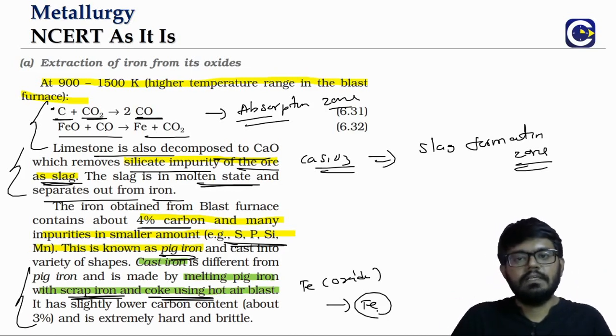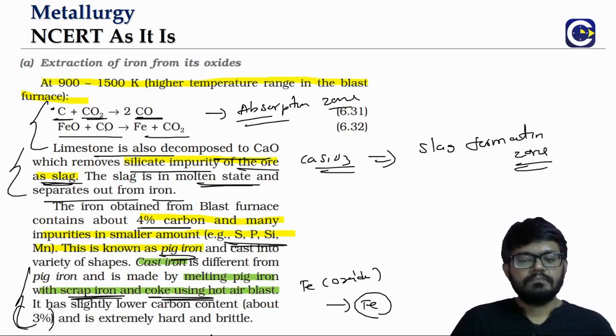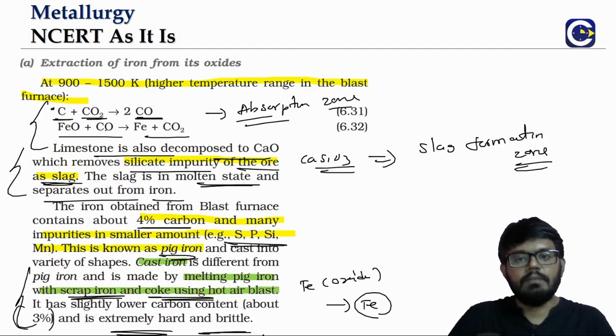So we take the pig iron, we process it. How do we process it? Use the scrap iron along with that, and then with coke do a hot air blast. There the iron oxide present in the iron scrap will be converted into what? Iron. So thereby the iron amount is getting increased and overall carbon percentage will be reduced. So this is what we will be referring to as the cast iron. So cast iron will have a slightly lesser percentage of carbon. You can see it will have what? 3%. And it is extremely hard and brittle. So it will easily break down, it will be brittle, okay.